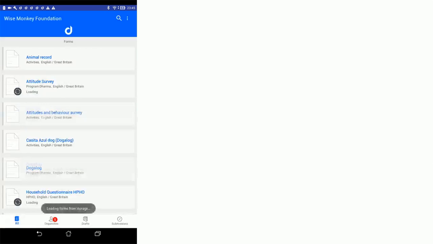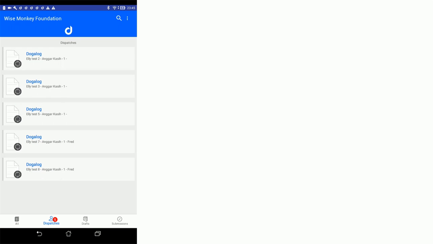So now we're going to open up the app again from the home screen, go to dispatches, and what we can see is that these dogs are having to sort of be downloaded again. So this is the challenge. Basically what we need to do is